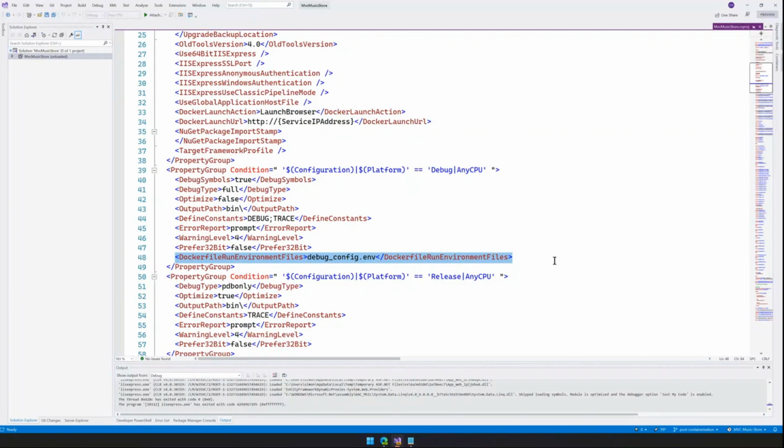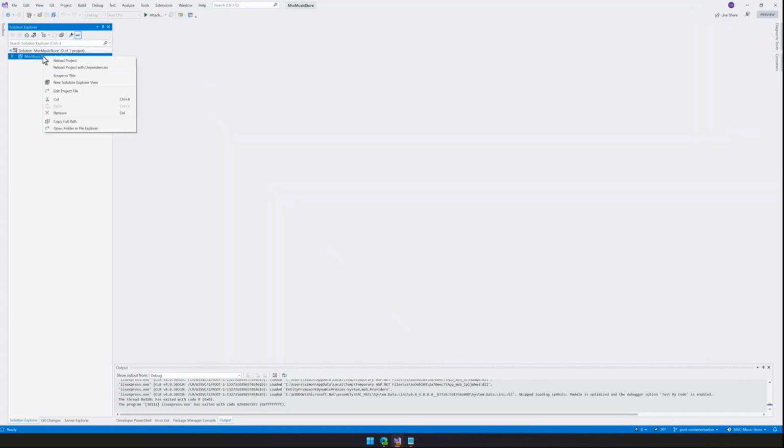So that file, which may or may not exist, we'll talk a bit about that in a second, is going to be passed to the Docker host as an argument when it runs. So I don't need to do that manually. I don't need to futz with properties and having custom configurations to debug. I can just pass that in when Docker runs. Okay, so let's close that and reload the project. And let's talk about how we create that file.